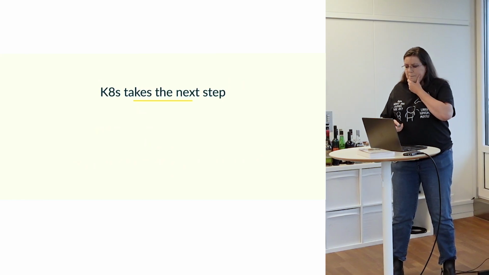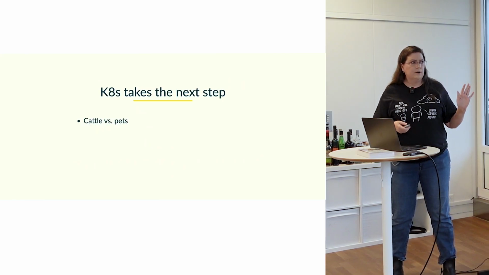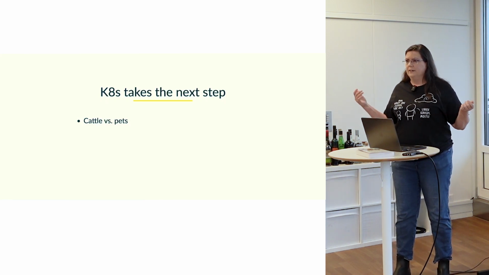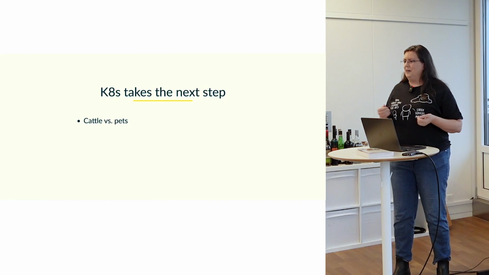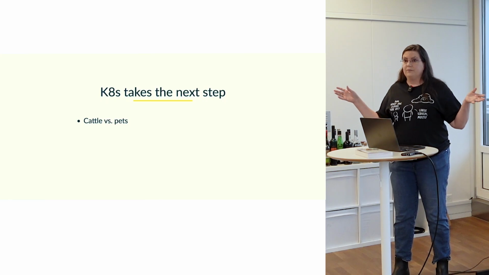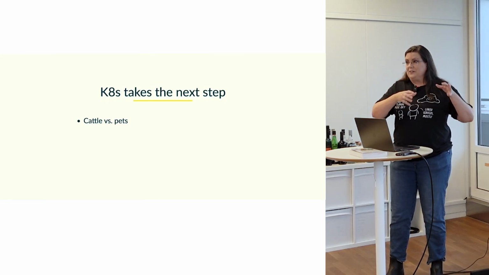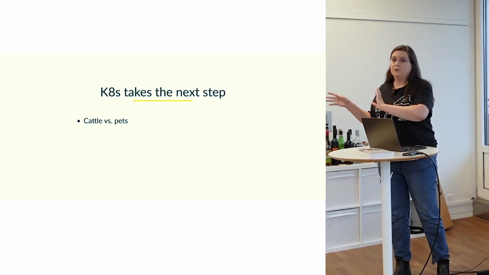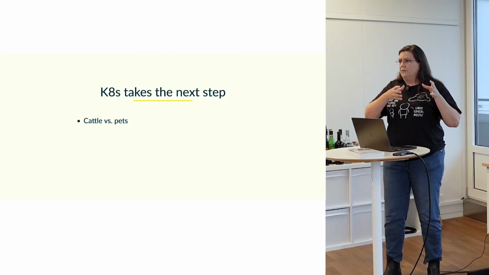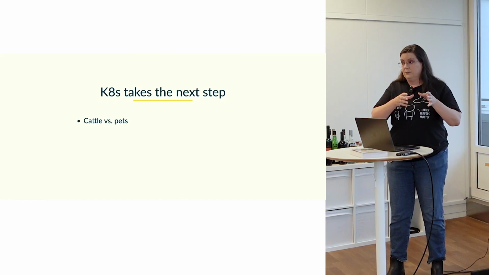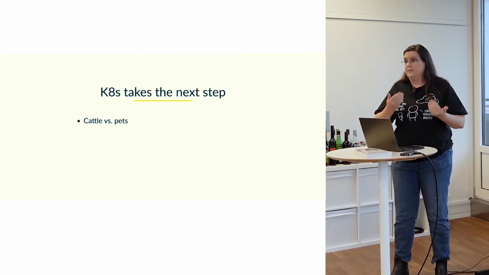And so I assume you guys all are familiar with cattle versus pets. Everyone? Because I was telling this to various colleagues, and interestingly, they had never heard of this metaphor. But anyway, just to review, in the olden days, we used to have a set of servers. Every server has its own name, like a little pet: this one is the dev server, this one's the prod server, this one's the fallback server, this one's maybe the production database server, whatever. And so there's a whole series of processes that are associated with this one job, with this one specific server. And so then you get this extra dependency that is unfortunate.